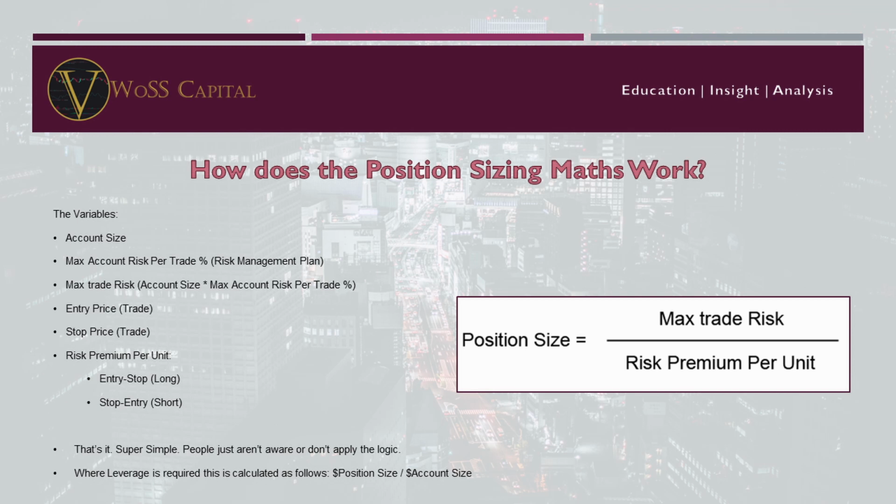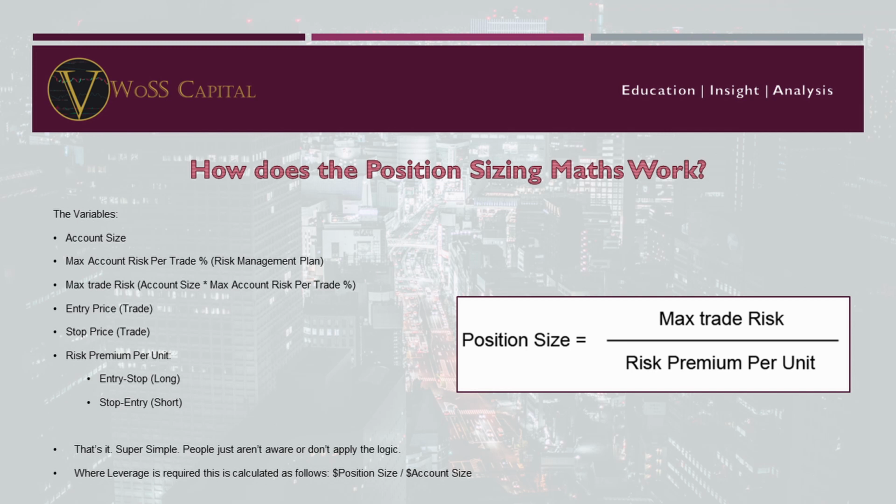Your max trade risk then becomes your account size multiplied by that max account risk per trade percentage, and that gives you the amount of dollars that you're able to lose, or pounds, or whatever your currency is within that individual trade. Your entry price for the trade idea following your rules, the stop price for the trade idea following your rules,